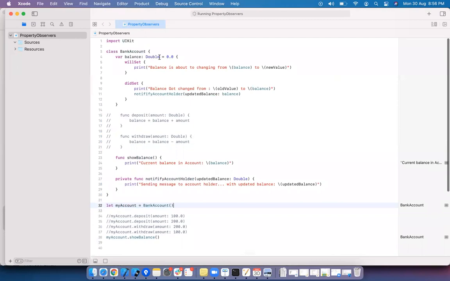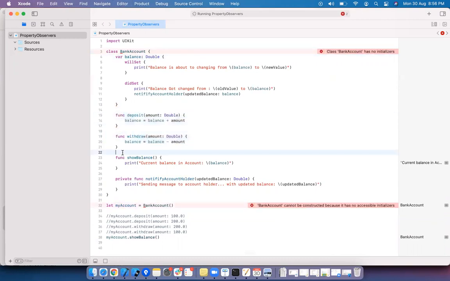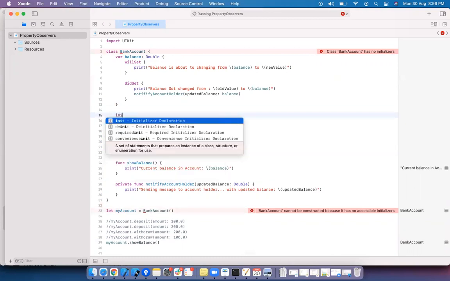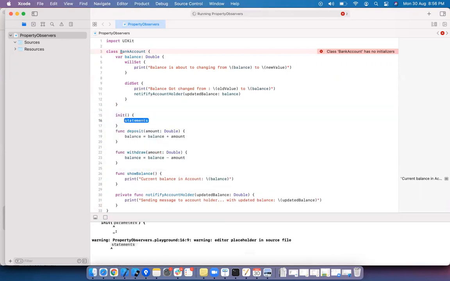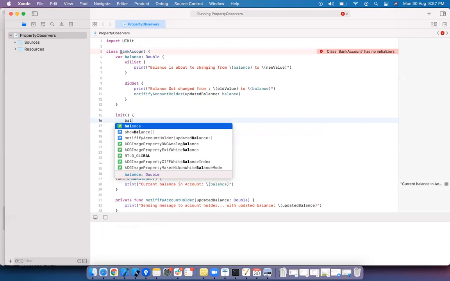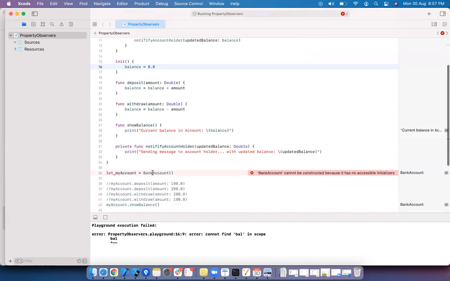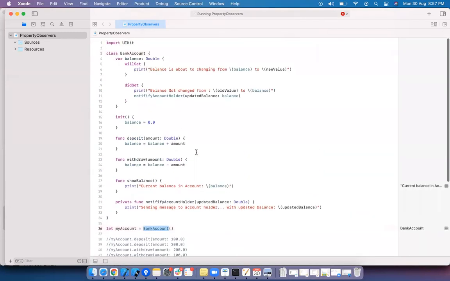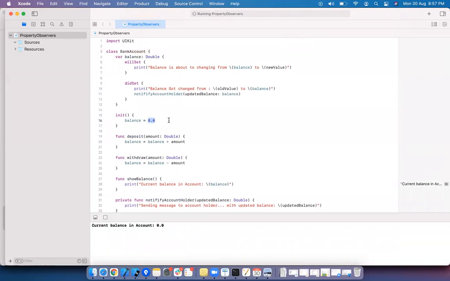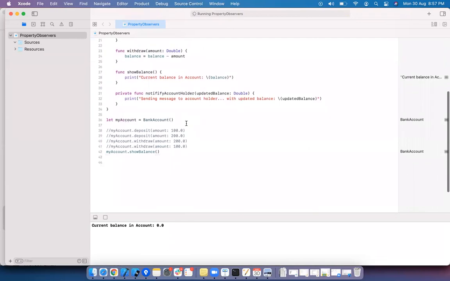Here, let's say if you do not have any values, you cannot construct a proper object by using classes. So what we need to do is we have to have one init method. I'm going to create an init method where I'm not giving anything, or else you can also have some input parameters. But here I'm saying balance equal to, by default I'm setting 0. Here what happens is whenever you create any bank account, by default the balance is 0. So by default I put 0 in the init method. Assume that this is a savings account.